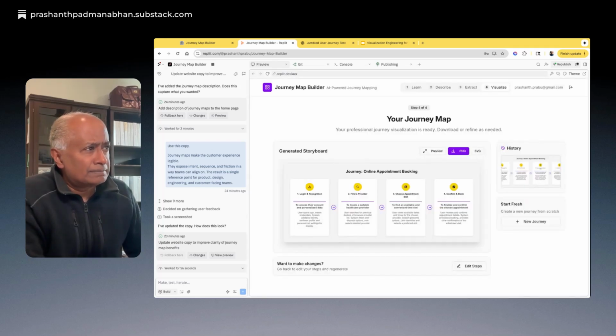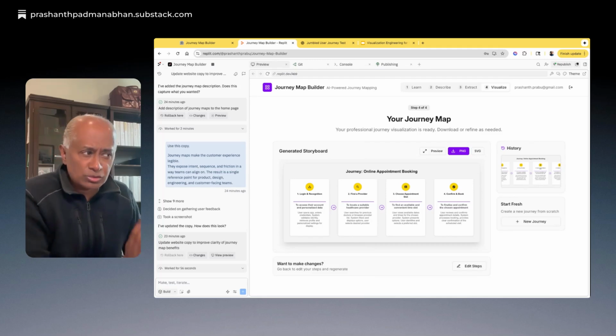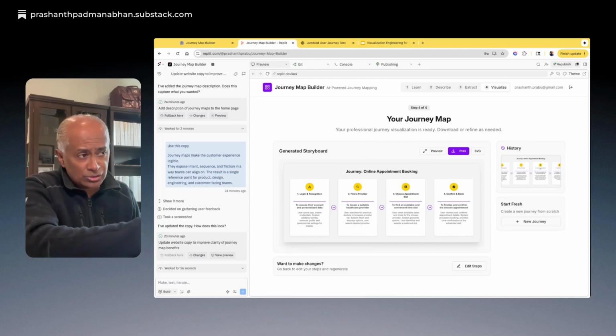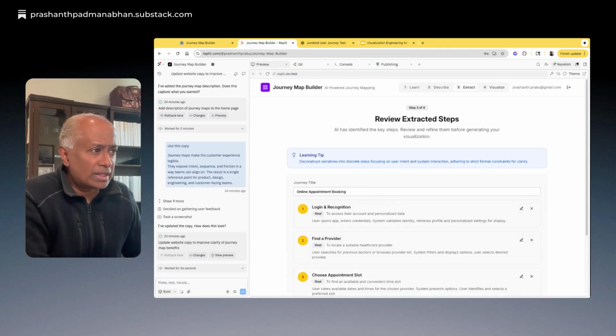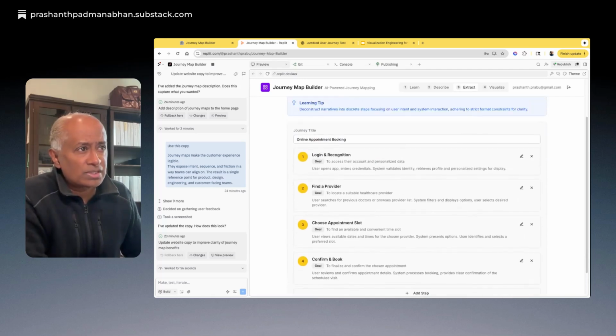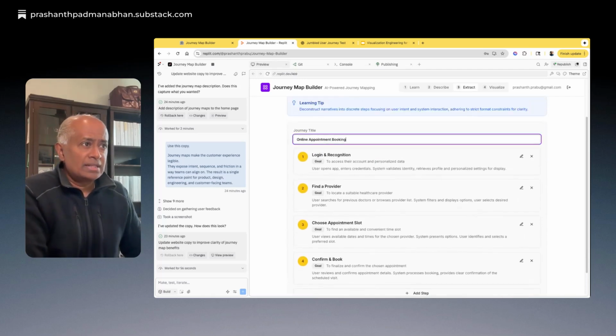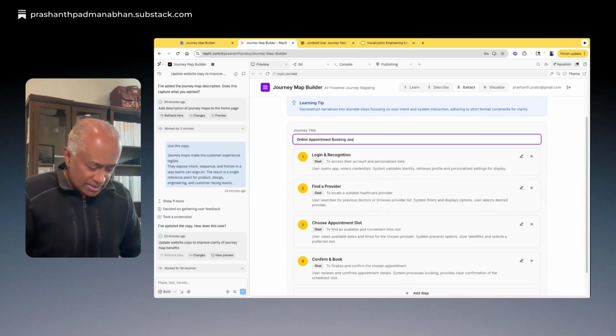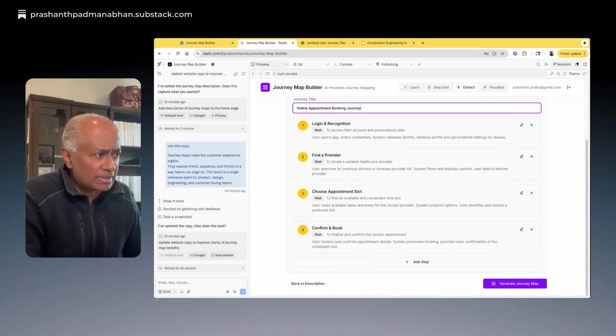The interesting thing is, if you want to make some changes to this journey map, you don't just prompt the LLM. You can be very deterministic about it. I want this online appointment booking to be called online appointment booking journey, and be very precise about it.